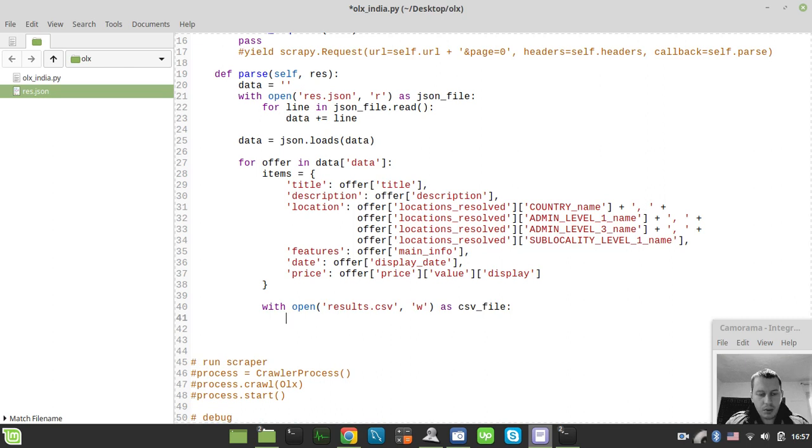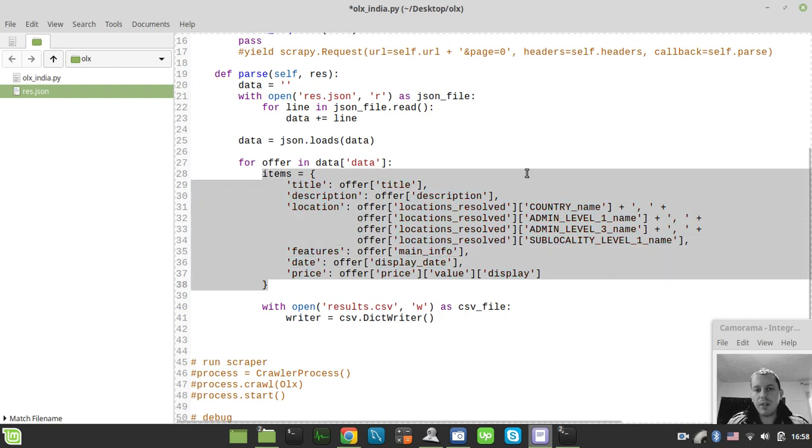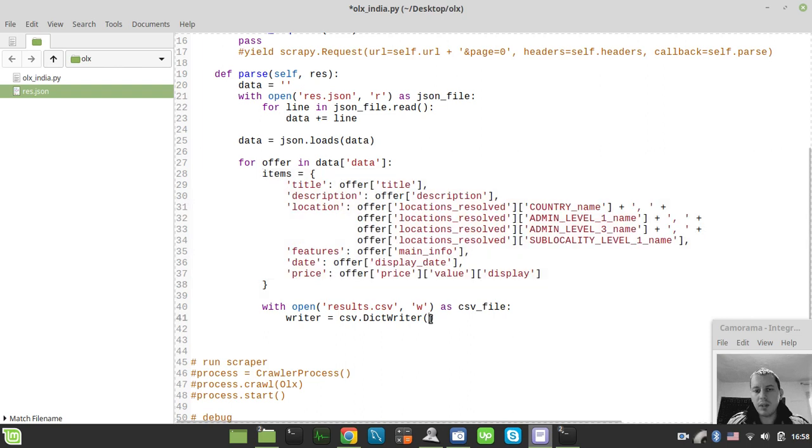and now we need to create a writer that would be equal to csv dot, and we're supposed to use what is known as DictWriter or dictionary writer. The reason for doing that is because the item we have, which is basically a row in our table, is of the type Python dictionary. So that's the reason why we're using this dictionary writer here. The first argument would be the CSV file stream itself, and the second we need to provide the field names,